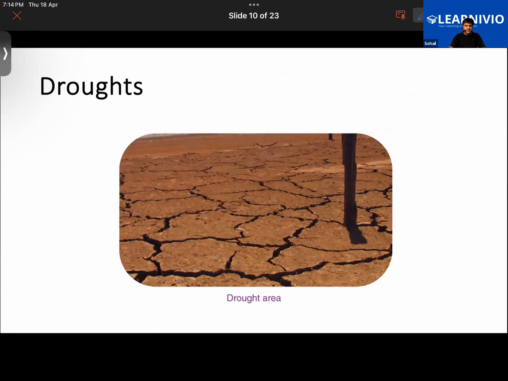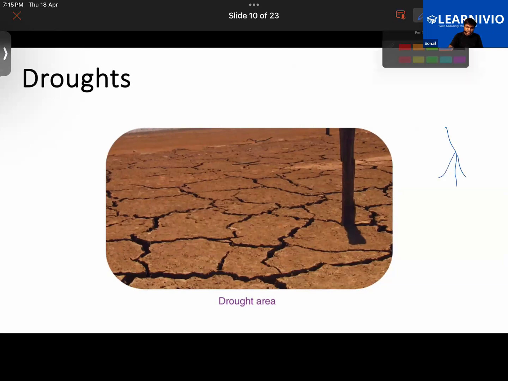Okay, so let's understand how deforestation can cause drought and lead to reduction in the rainfall. Let's understand this first. What basically happens? The roots of trees and other plants bind the particles of topsoil together. Let's say this is a root. Many particles of topsoil will be bound by the root and the root hairs of the plants. So it kind of holds the soil, right?